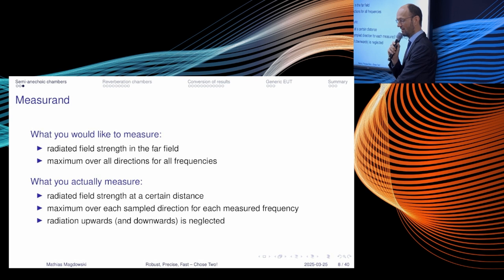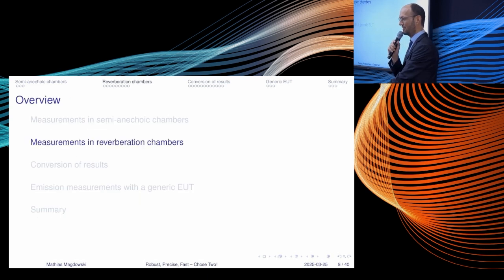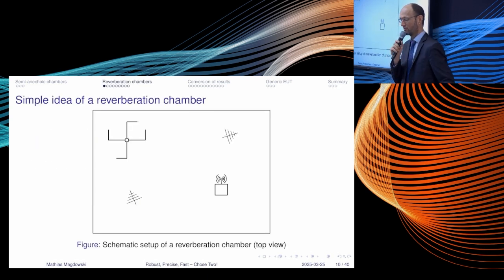Okay, so after having a look at anechoic chambers, let's have a brief look at reverb chambers. In general, this is also some shielded enclosure. But here we would like to work without the absorbers. So for example, if one antenna radiates, or if our equipment under test radiates, it will, as a very simple model, create plane waves, and the plane waves will travel through space, and they will be reflected back and forth and back and forth.